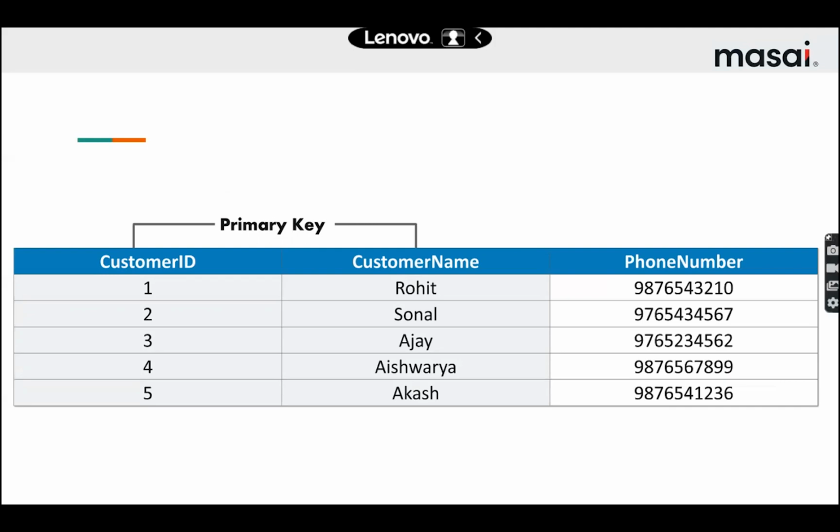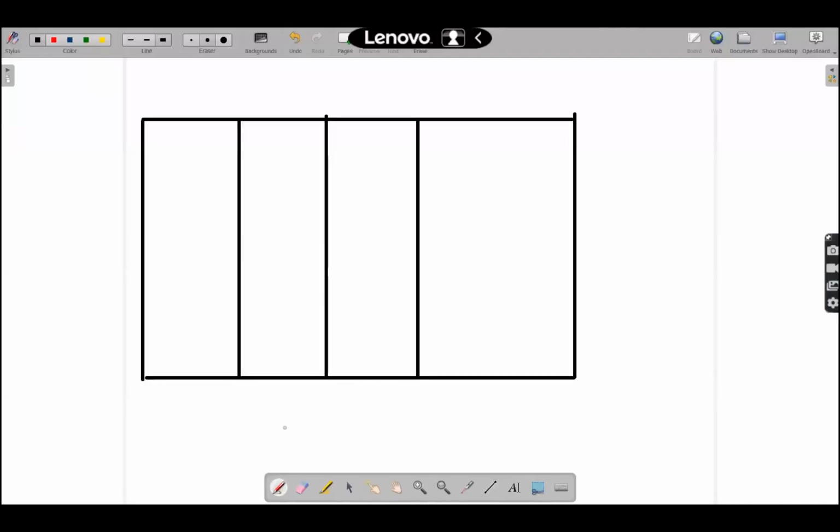suppose you have opened a startup. Now you are creating a table for your restaurant. When you are creating the table for your restaurant, you will try to give some fields for your table. Suppose you have opened your restaurant and now you want to create your own table. The first table which you are going to create is your food